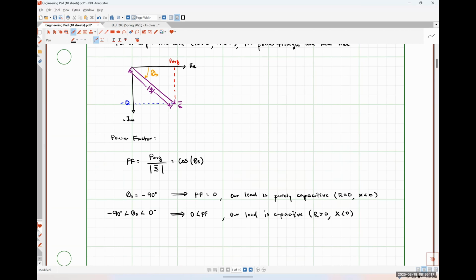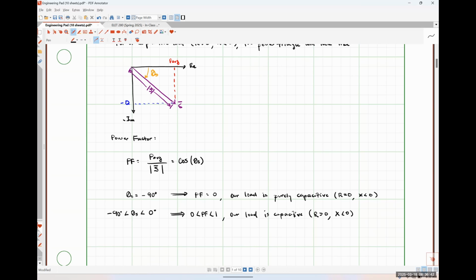What's going to happen to our power factor when the angle theta s gets close to 0 degrees? What's the cosine of 0 degrees? 1. Okay. So our power factor will range from 0 to 1